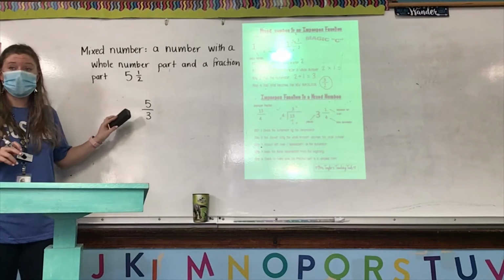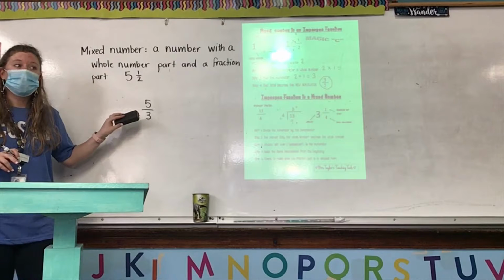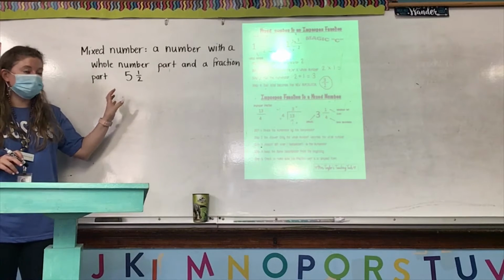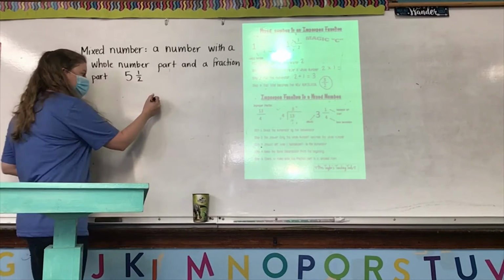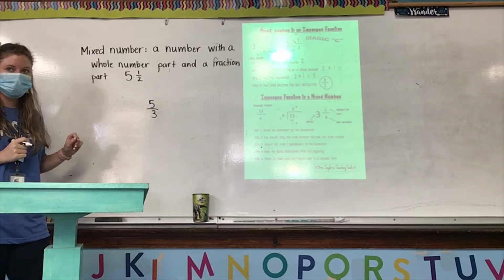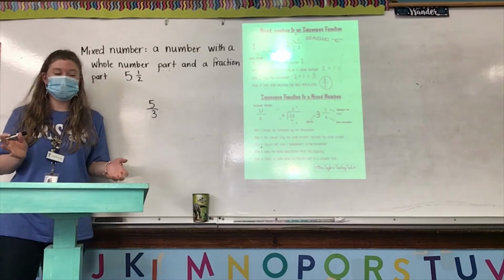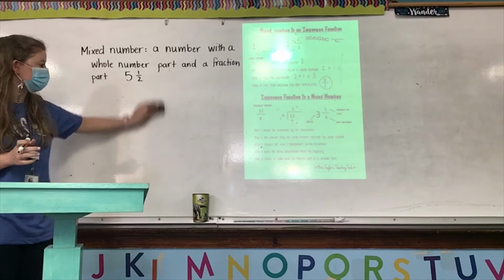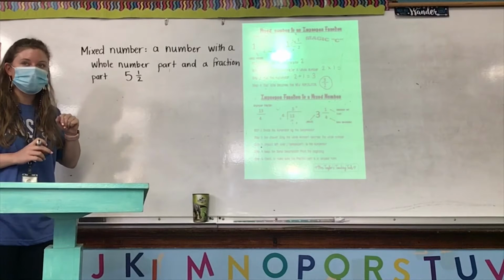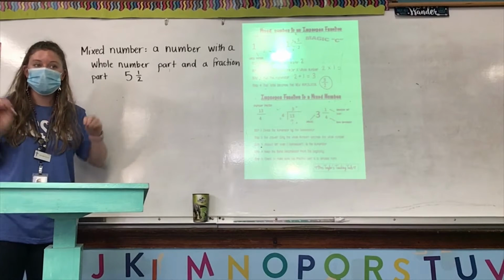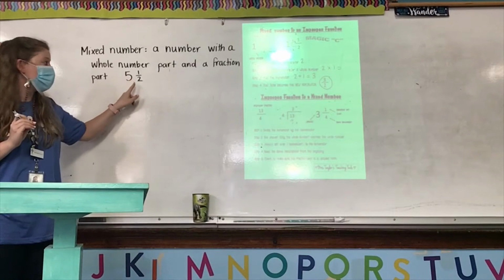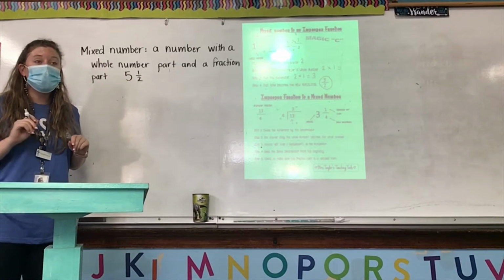However, they cannot be part of a mixed number, because a mixed number and this type of fraction actually show the same part. So you cannot have a mixed number where the fraction part has a larger numerator than denominator. When you have a mixed number or a regular fraction, the numerator must always be smaller than the denominator, because